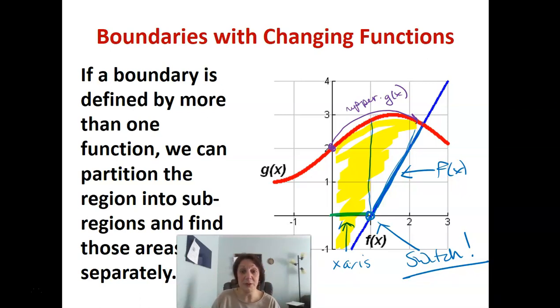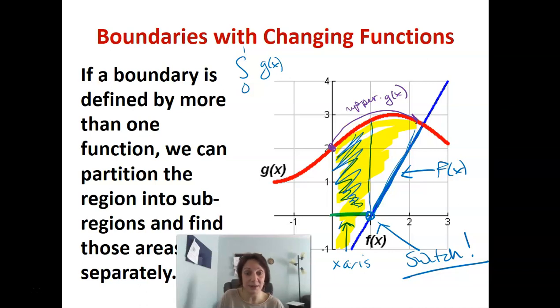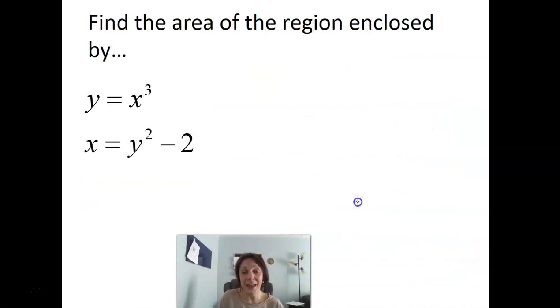And we know we're allowed to do that from way back in chapter 5. So if I want to write the area that we see here, this yellow area, I need 2 integrals. One that goes from 0 to 1. On that interval, g of x is my upper, and my lower is the x-axis. So really in here, all I need is the integral of g of x to get me this area. And then,